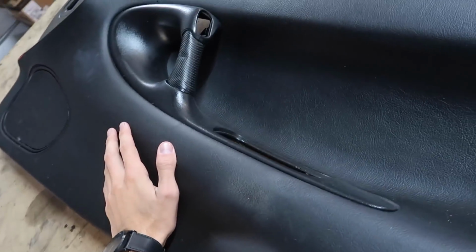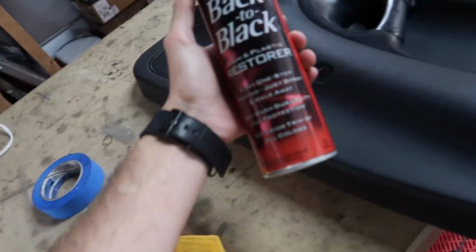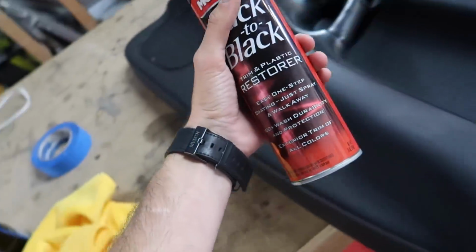Before I put this right door panel back on, I'm gonna go ahead and clean it up. And to do that, I'm gonna use some of this Back to Black trim and plastic restorer from Mother's. In all seriousness,